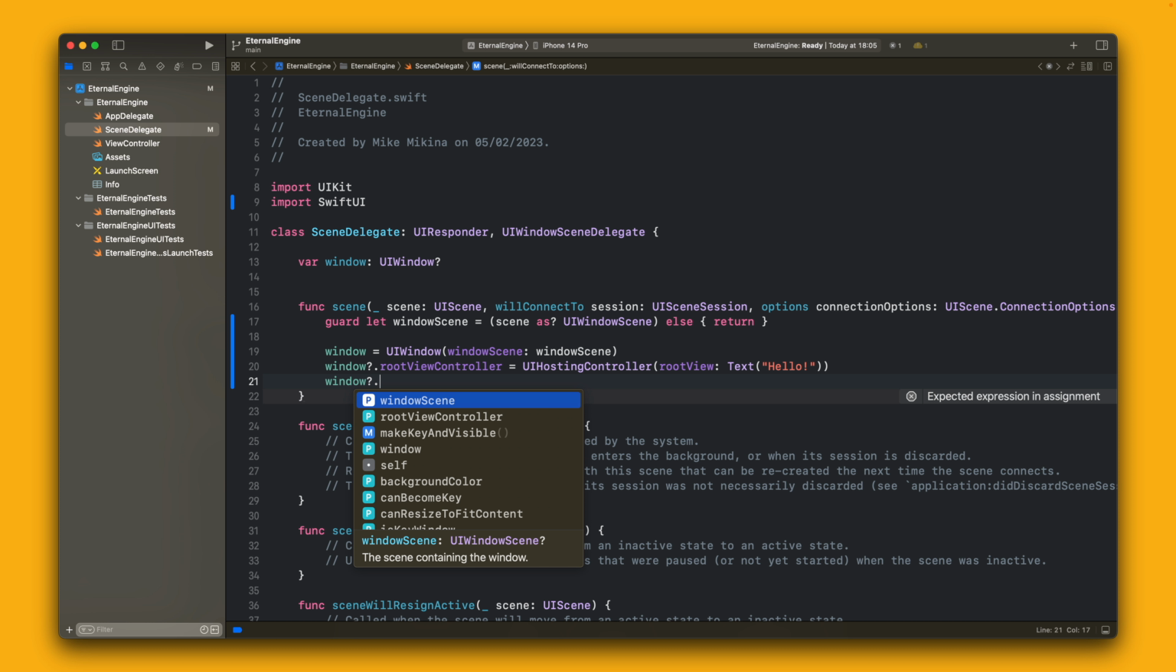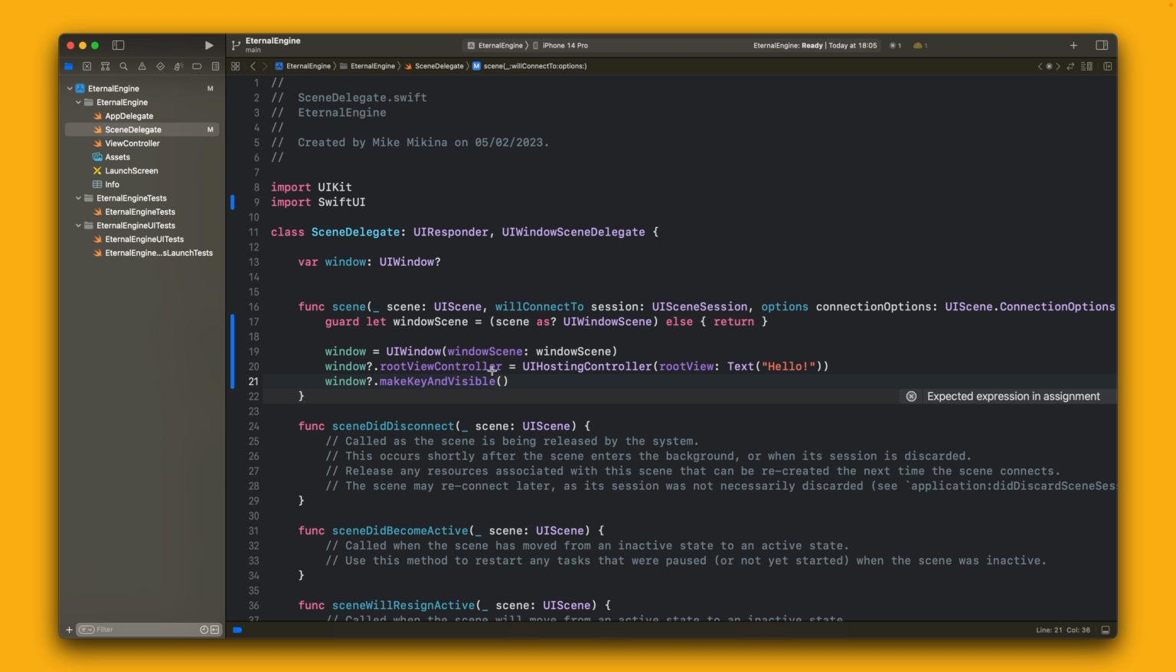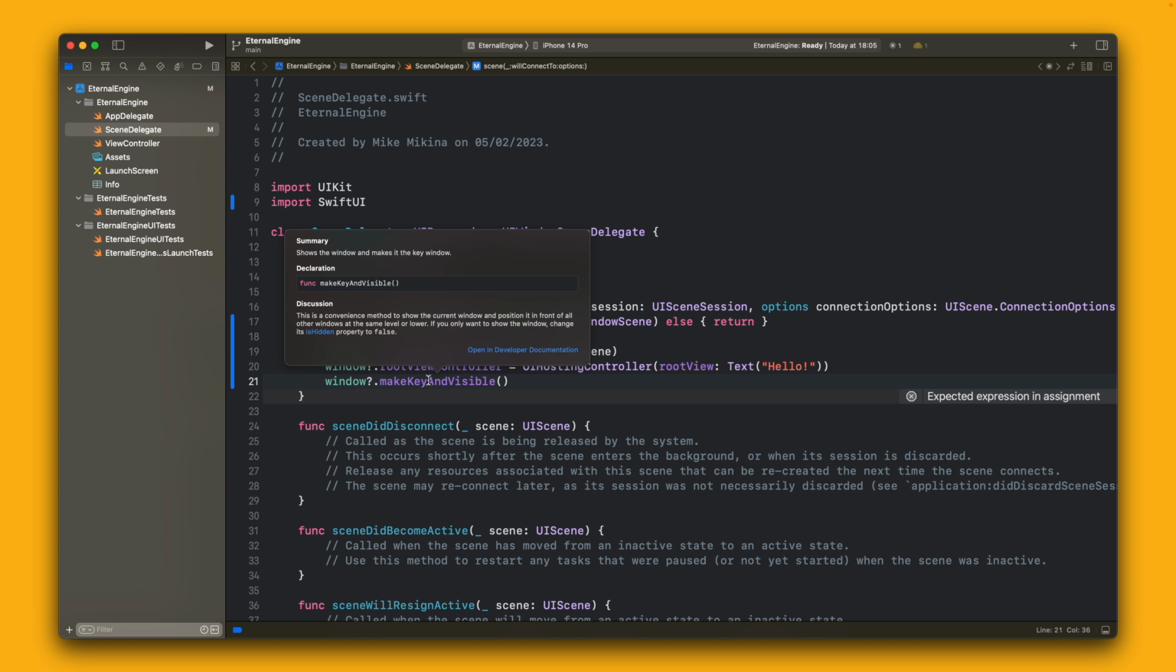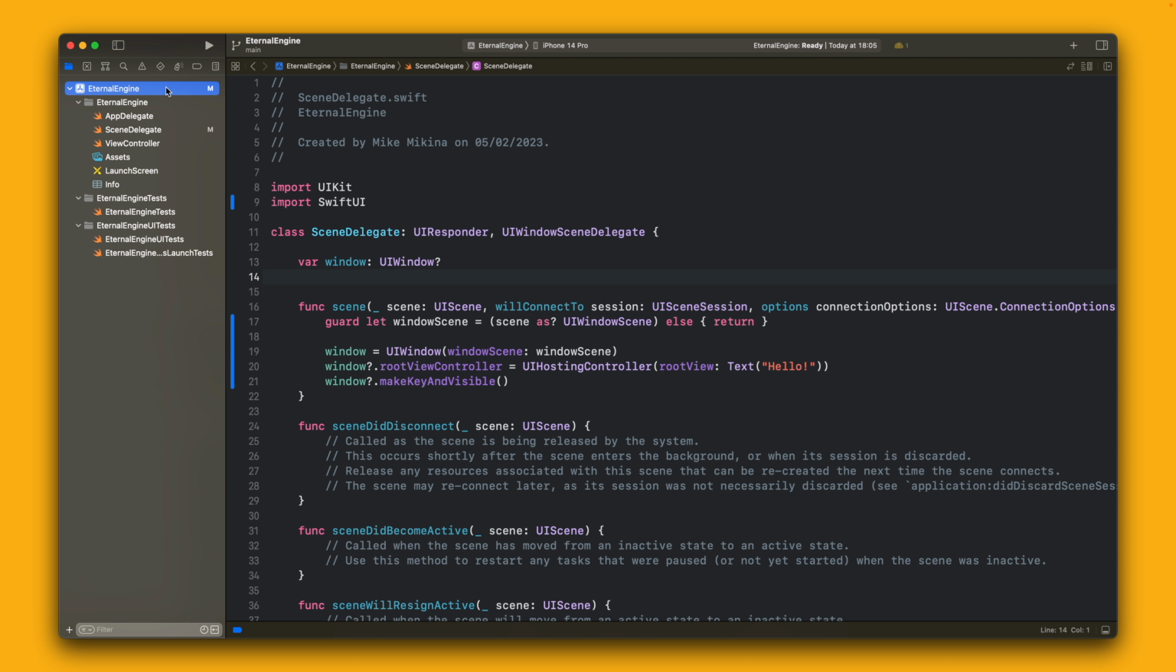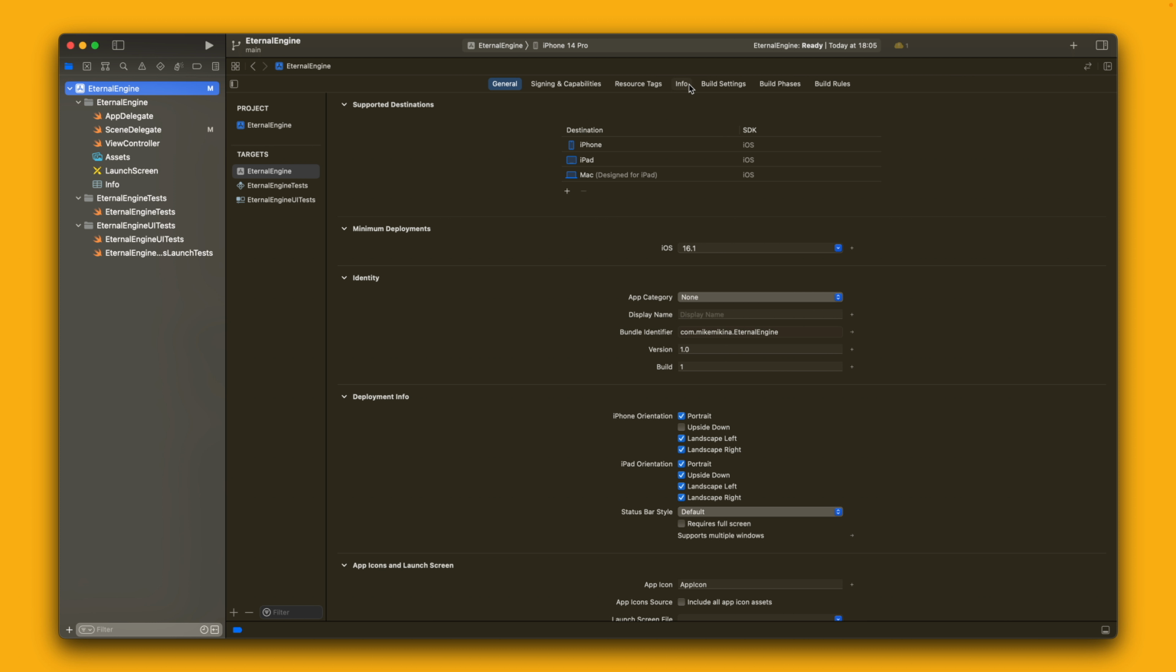And don't forget to make this one visible, so it shows the window and makes it the key window. We also need to change our plist file. Go here to